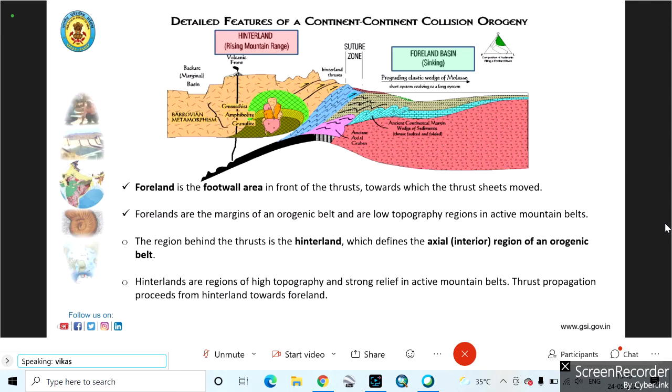Like the one I'm showing you in this photograph, if we think of them as the Himalaya, suppose the left side is India and the right side is your Asian part. So this is the thrust which is in the southern part. So we are in the hinterland part, you can say, and this Asian part, or say China and these areas, they are the foreland part. So these are the footwall areas, and the hinterland part is where you will be getting orogenic belts, where you will be able to see the deformed basins. Next, please.